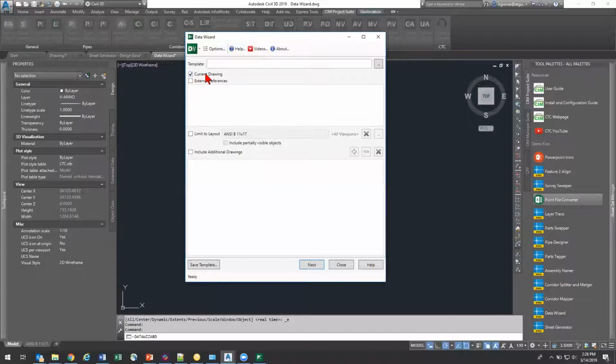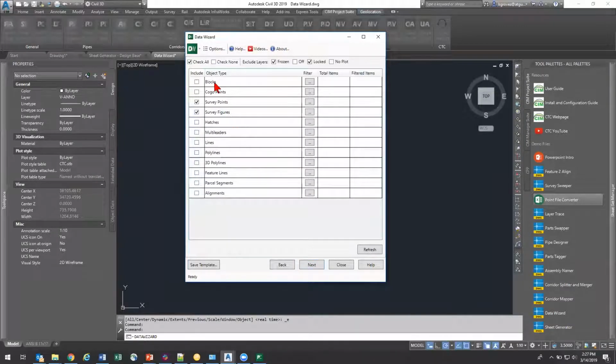I can look in my current drawing, I can go out and find XREFs in this current drawing, or I can just say, hey, go look for other drawings in this project that I want to count stuff for. Then it's going to say, all right, this is what we can find. Everything in this list, it's going to go through and attempt to look for. And not only is it just going to tell me choose this, don't choose that,